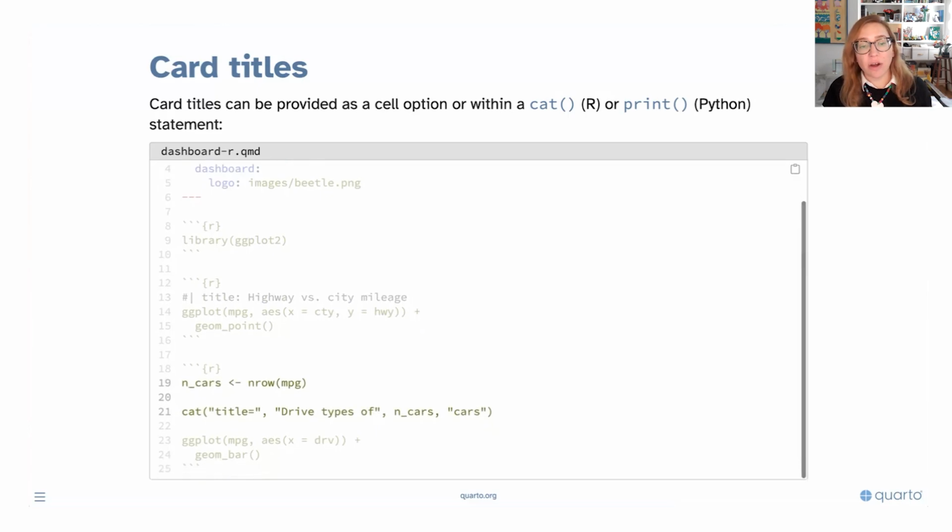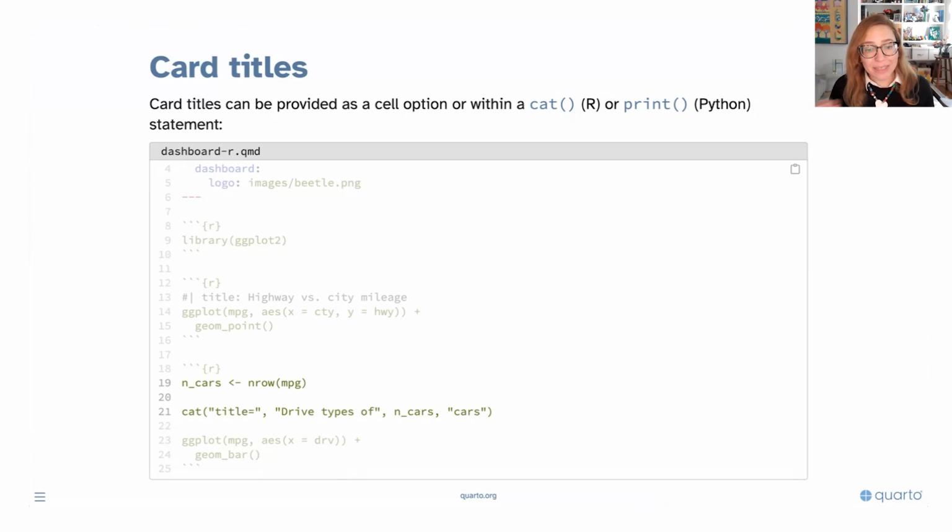In the second card, we are first calculating how many cars are in this data set by finding the number of rows, and then we're writing a cat statement that will put together some pieces of information. The first element is title equals, so that's going to be something that your computational cell needs to emit so that it can be picked up by Quarto.